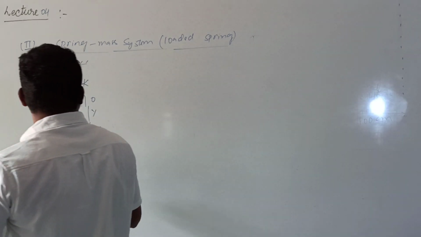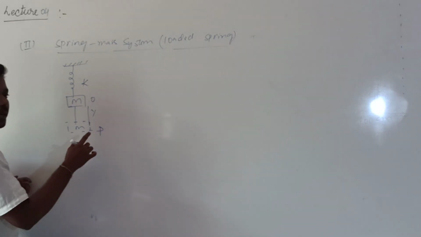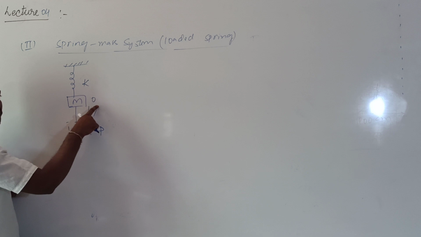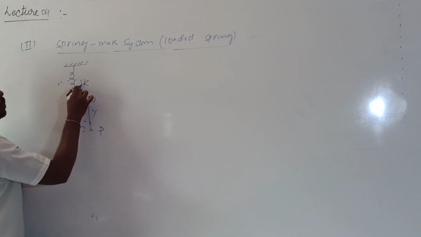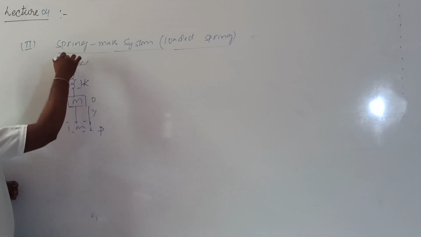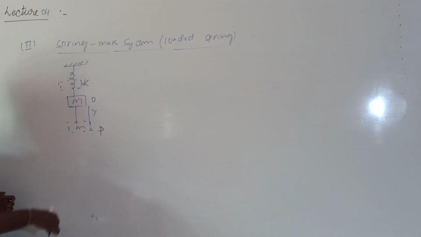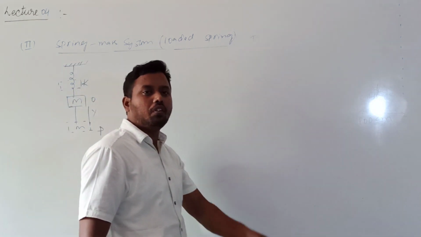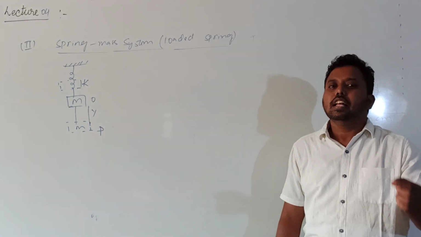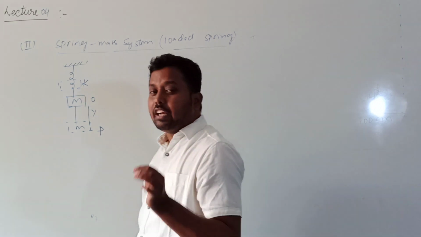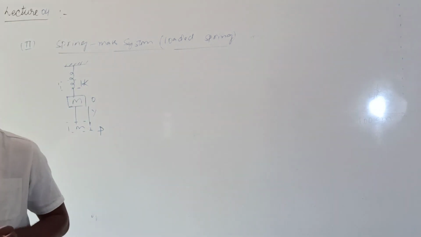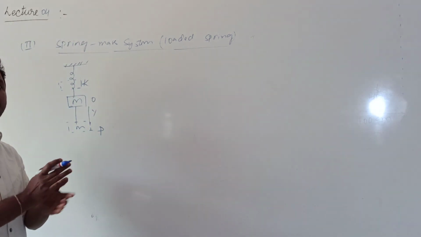Now what happens when I leave it at this point P? The spring will try to move to O, but due to the kinetic energy, it cannot stop at O. It will move still in the forward direction, and again it will come back. In this way, the spring will move to and fro, in upward and downward directions, about a mean position. So it will execute simple harmonic, oscillatory motion. How can we prove the motion is simple harmonic?